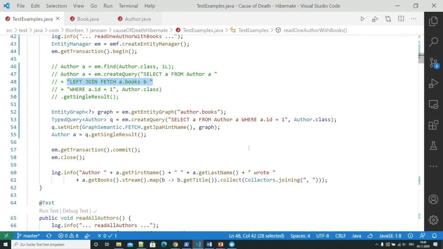But if I'm in the situation that I have a complex query that I need to execute with different fetching behaviors, then I'm using either a named entity graph or the entity graph API.